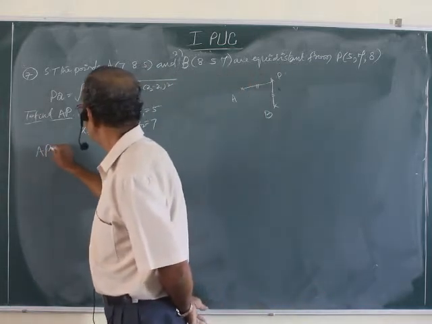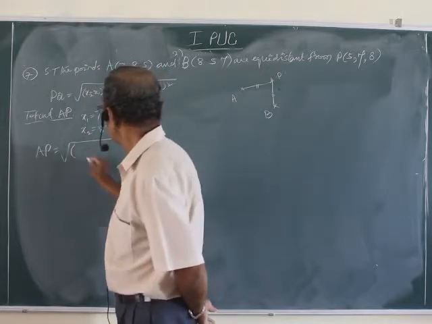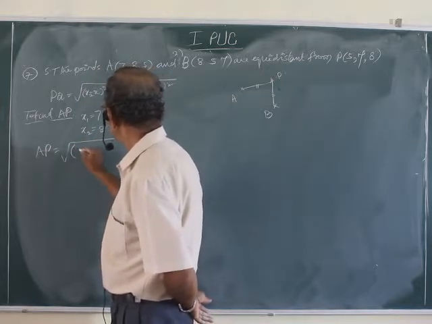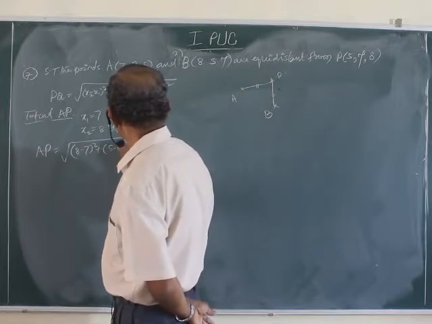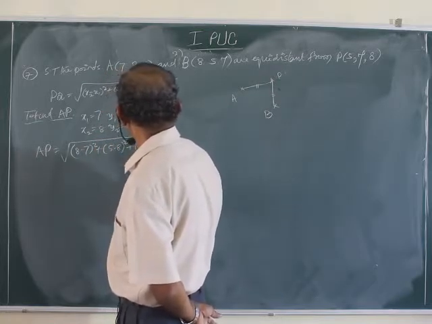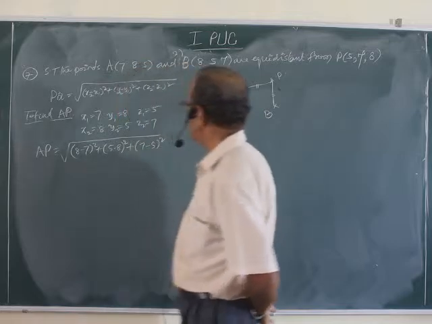Find out AP, root of (x2 minus x1) whole square, (y2 minus y1) whole square, (z2 minus z1) whole square,